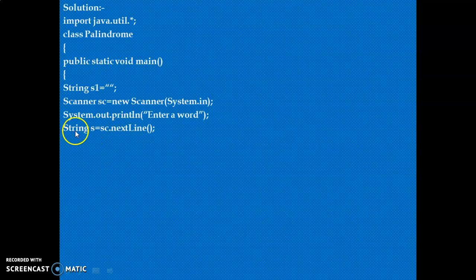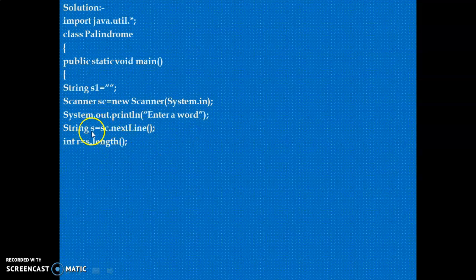If it is double, then you write nextDouble, D in capital. If it is float, then you write nextFloat, F in capital. So like this, you can take any type of variable. For string type variable, you have to write nextLine.